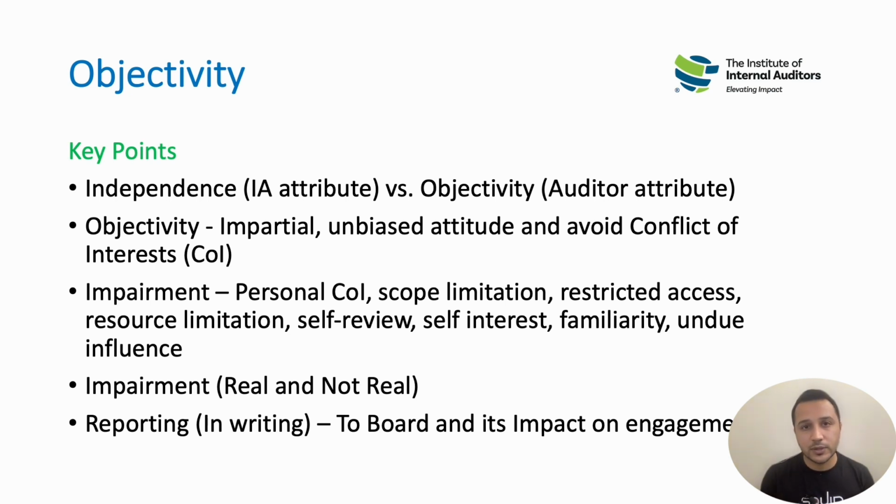Even if you are objective, there is still an element of appearance, where people will question that you are not fully objective. So these scenarios basically create an issue within the company. There are some other reasons where your objectivity might be compromised, and when we say compromise, the technical term we use is impairment. So whenever your objectivity is compromised due to an external or internal situation, we call it impairment. So always remember this.